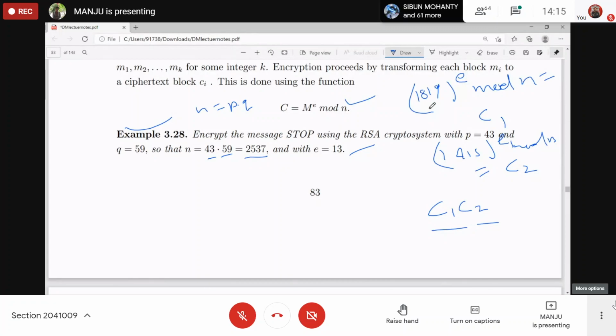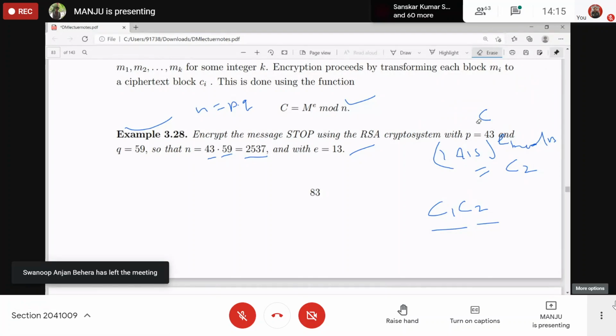So you can calculate, for example, M raised to power 100 modulo N. Raised to power 100 you can easily calculate by using that algorithm, right? Modular exponentiation. That will give you some integer. You will be writing that, and the other block also gives you some integer, representing some other block.